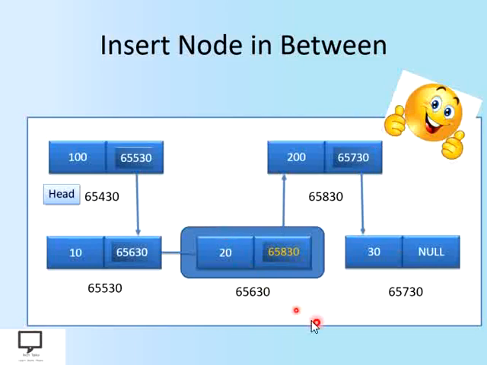So this is the correct method with which there will not be any loss of the address location of the rest of the linked list. If a few more nodes are available in your linked list, then you will lose the address location of the remaining nodes if you follow the previous steps. But with this correct method, you will be able to insert a node in between, after any desired node present in your linked list. That should not be previous to the head node, and that should not be next to the last node. That's why it is in between.